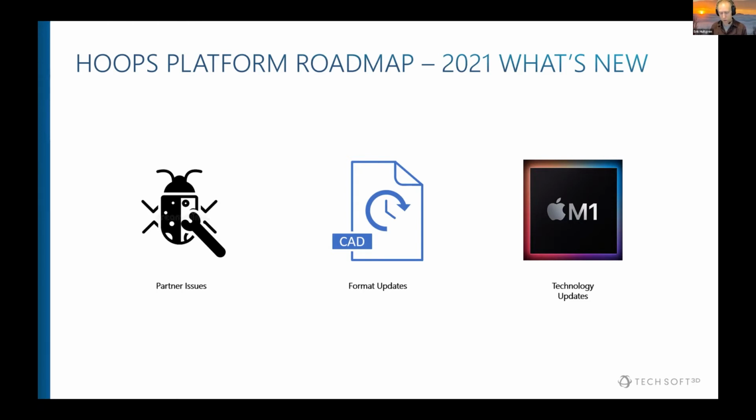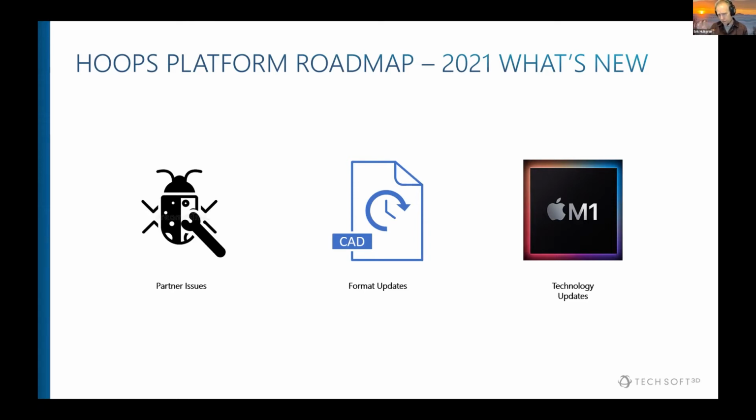You want your issues you find, whether there's bugs or enhancements that you need to unlock functionality and workflows for you, those are top priority. Alongside that, access to format updates, right? When a new CAD file format comes out, new version, you need to be able to bring those in as soon as possible after release. We know that the industry starts adopting it and testing it right away. And so we want to be able to bring you updates to those formats as quickly as possible. We don't want you to have to wait for 6 months.